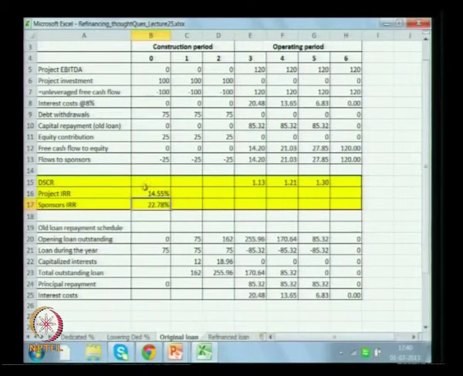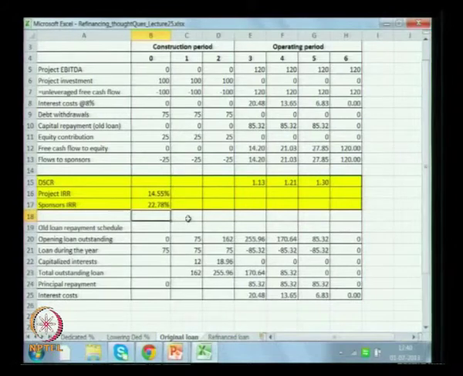So it comes to 14.55. Okay. And then if you look at the sponsors IRR, the sponsors IRR is calculated using the cash flow information given in this row. We have the cash flows to sponsors, and these cash flows to sponsors are used to calculate the sponsors IRR. So, the sponsors IRR turns out to be